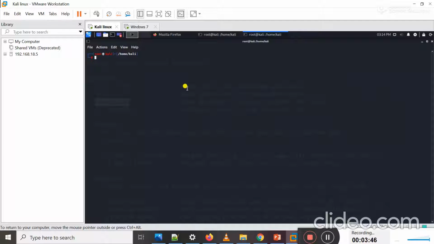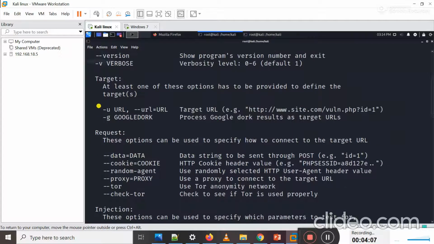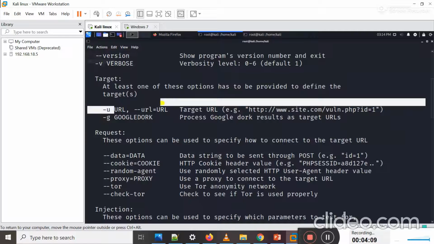Now I should type here sqlmap --version and enter, and you can see on screen the version of SQLmap I am currently using. Okay, the rest of the other switches are also present here. You can use -v if you want a higher verbosity level. You can use the -u switch with a URL.